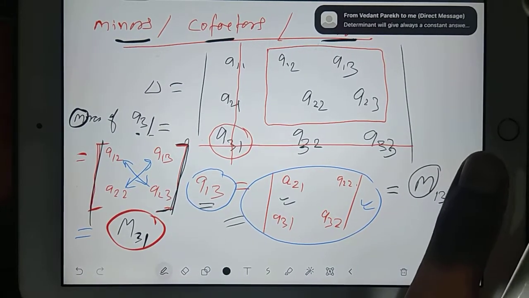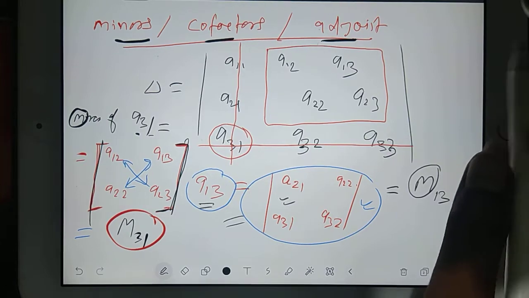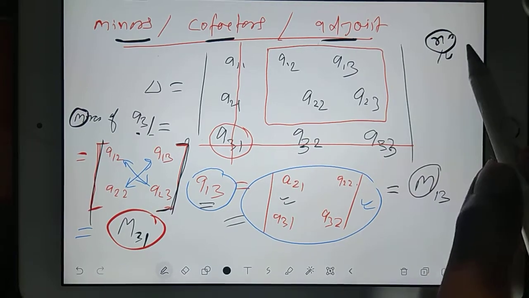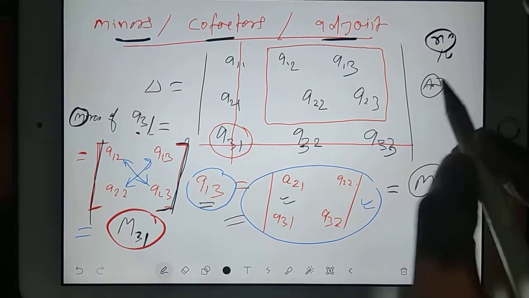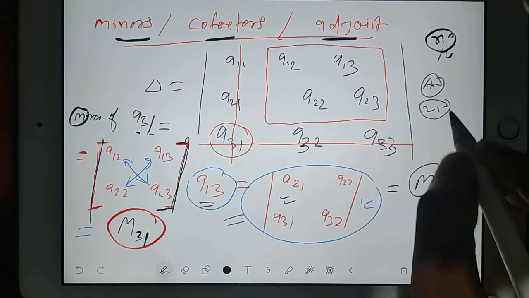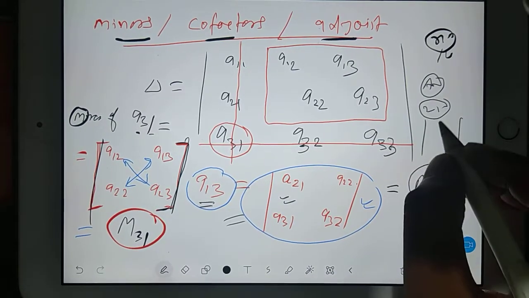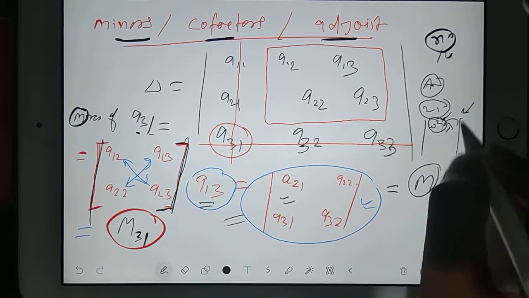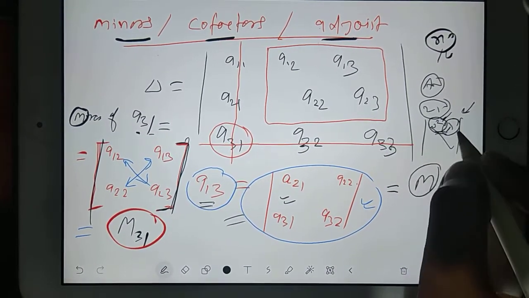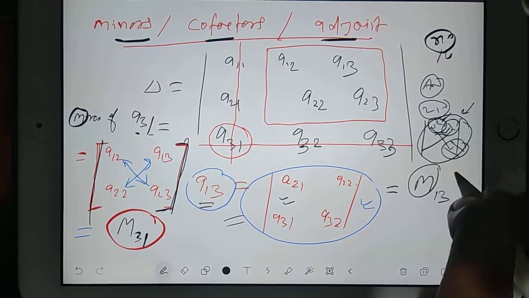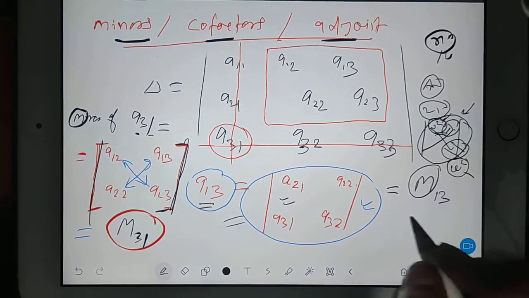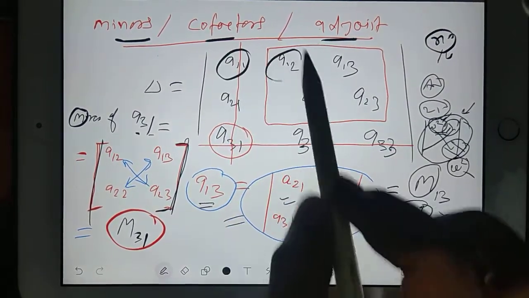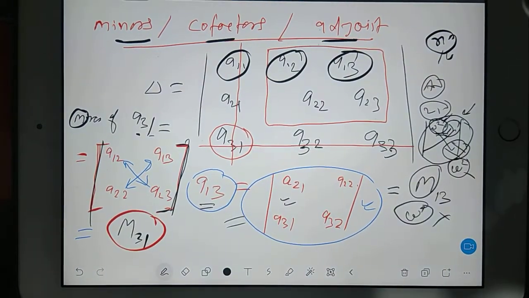Yes, Vedant, it will give a constant answer. Constant answer means it depends what kind of matrix we have. If our matrix contains variable terms, then the answer will be variable. For example, in aircraft structures, in 2 degree of freedom, if you remember, we have a matrix. In that matrix determinant, we have omega square, the square of the frequency, lambda, in the aircraft structure, right? So when you find the determinant of the matrix, the omega square term will be alive. Not only the omega square term, the omega power 4 term will come. But this is not constant, it is variable. So my point is, it depends what kind of elements we are filling in the matrix. Okay, now I'll go ahead.